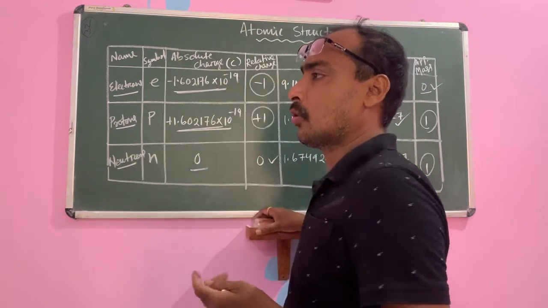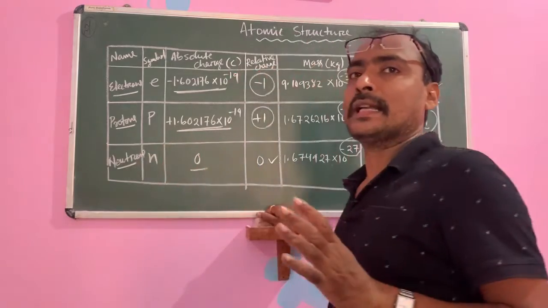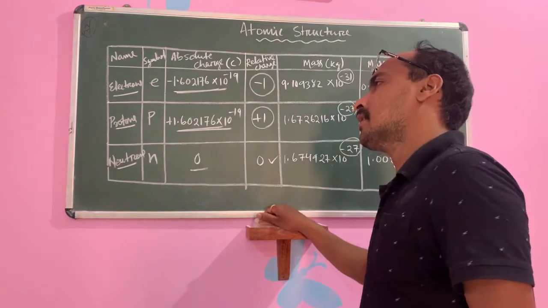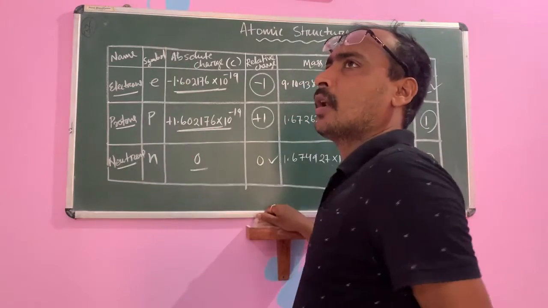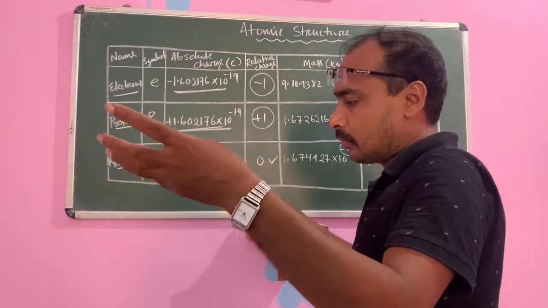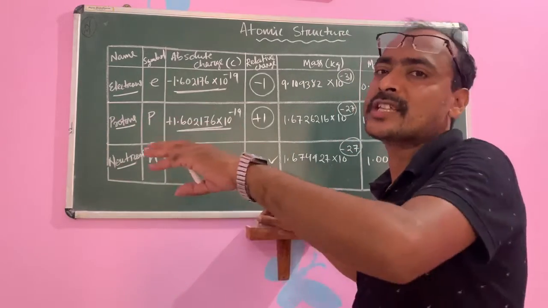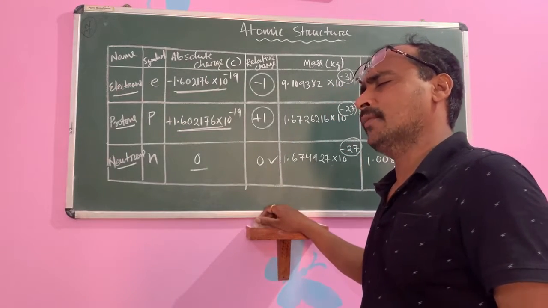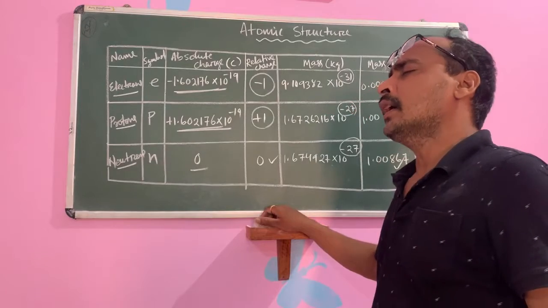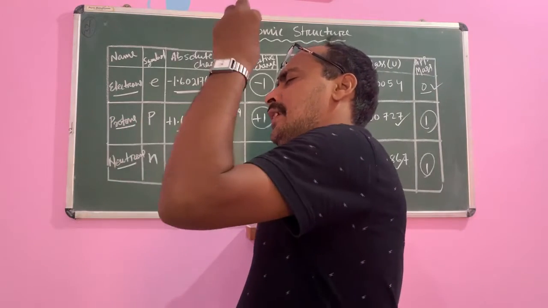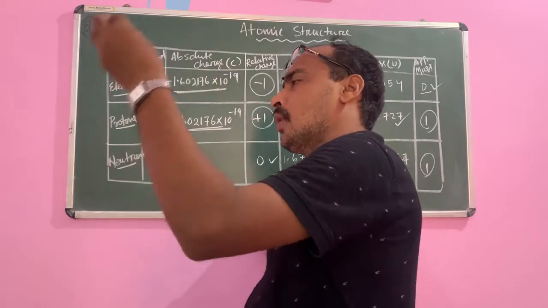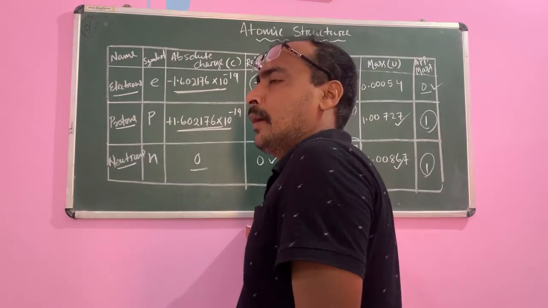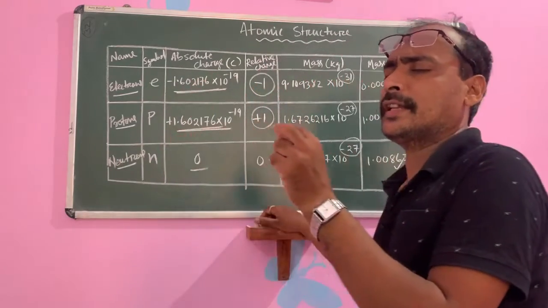So there are 3 conclusions. Maximum alpha particles pass through the gold foil, which means what? Maximum space inside the atom is empty. Some of them deflected by making a small angle. How will you detect? By taking a film, coated with silver bromide, a silver halide, bromide or chloride. Then a few alpha rays returning by a small angle imply there is a small positive charge inside the atom in a small volume. That is the second conclusion.